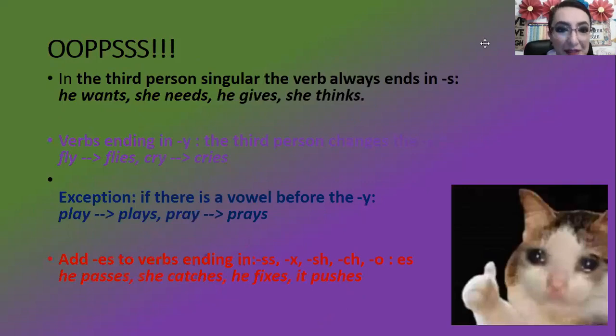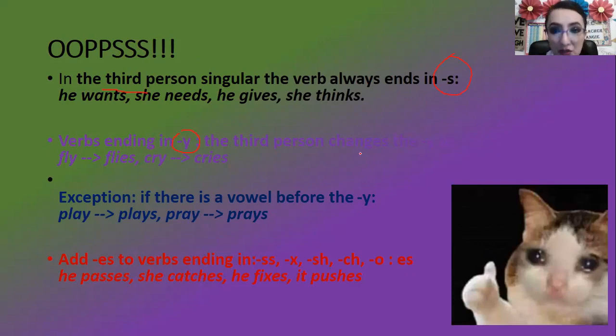Okay, because remember that we are going to be talking about the third person, but even though it is going to end with the letter S, we are going to have other endings for these verbs. Okay, remember the three rules that we have in order to conjugate the verbs in simple present with the third person. Remember that if we have verbs that end with Y, and before the letter Y